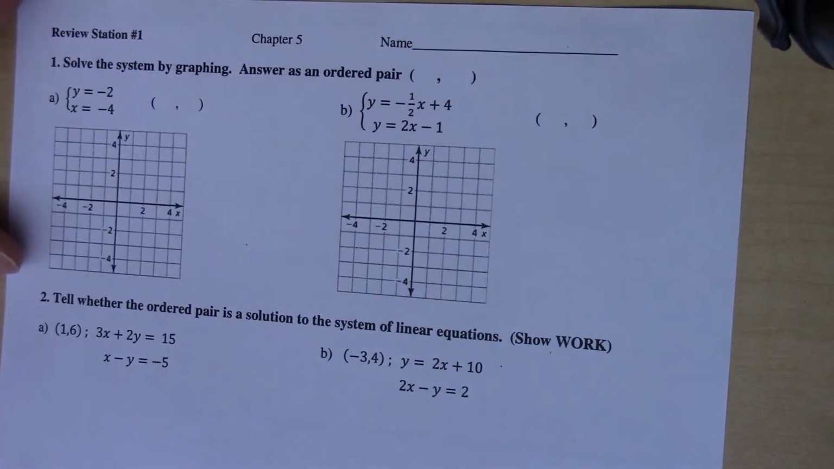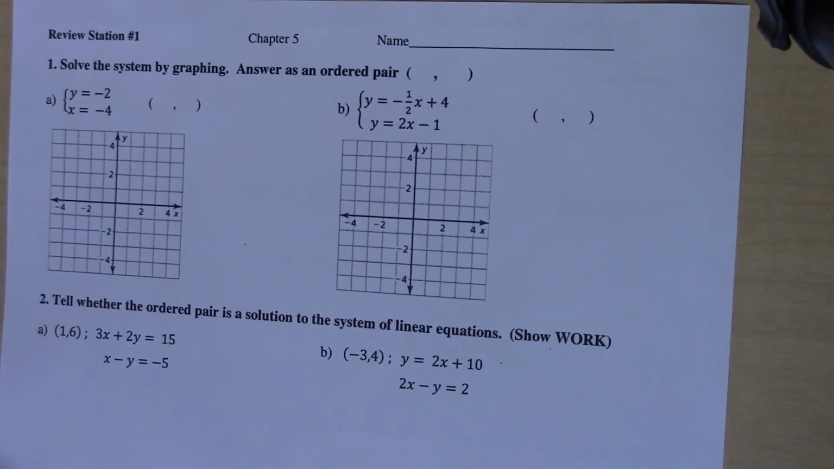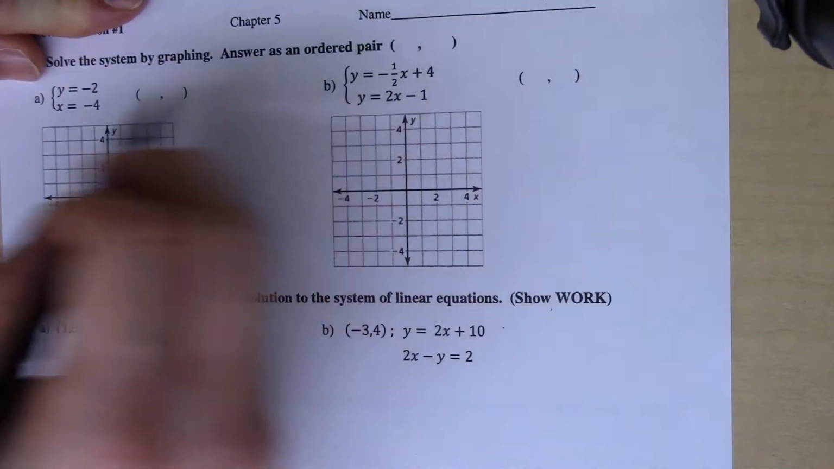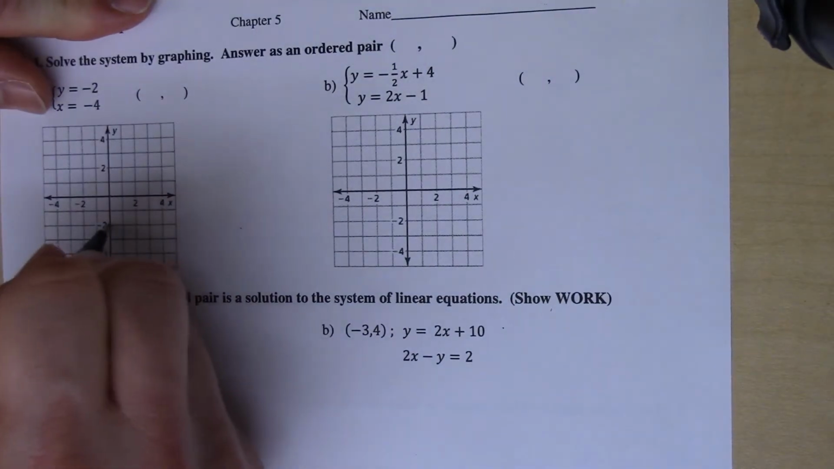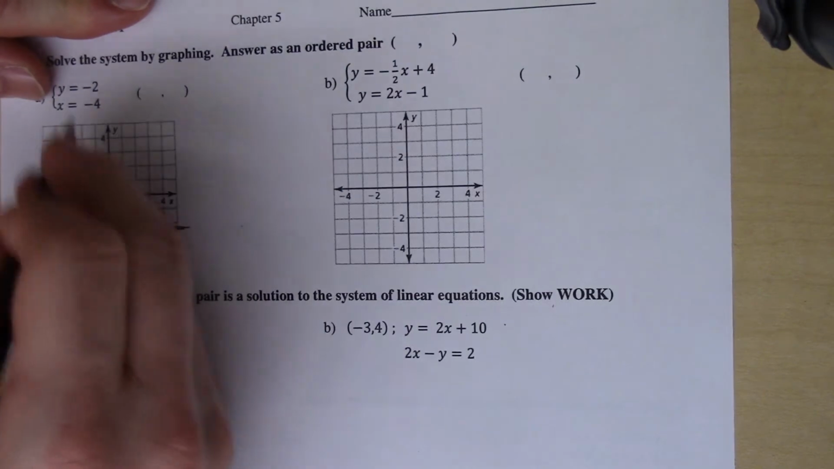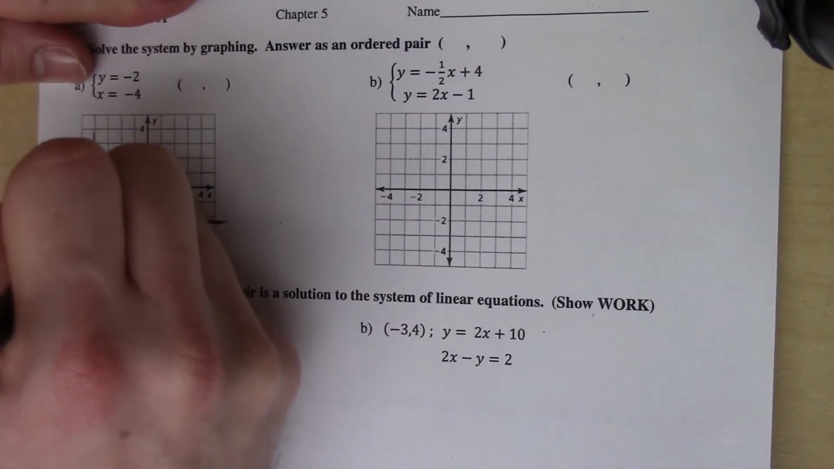All right, for the review for Chapter 5 that we're going to do right before we take the test, on the day of the test, here we go. First of all, for graphing systems here, y equals -2 is a horizontal line at y equals -2, like so. X equals -4 is a vertical line at -4 that looks like so, and you can see